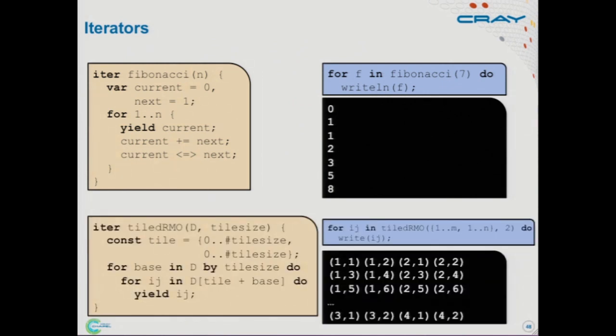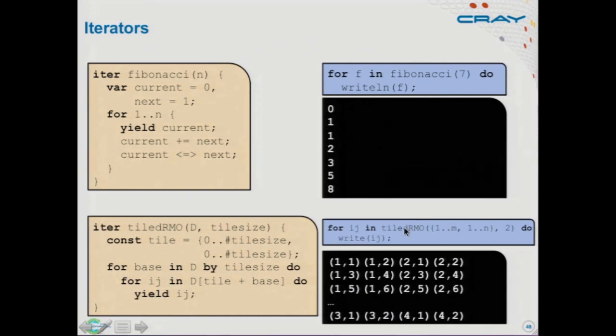So you can do more interesting things like, I think this is really powerful, a tiled row major order iterator. It takes in a 2-dimensional index space and a tile size, and what it'll do is iterate through that 2-dimensional space in row major order, respecting those tiles. And this is the kind of thing that's pretty clean and concise to do in Chapel. I'm using a lot of the range algebra I mentioned and some other algebra that we haven't gotten to yet. But then when I call it, it's even more compact.